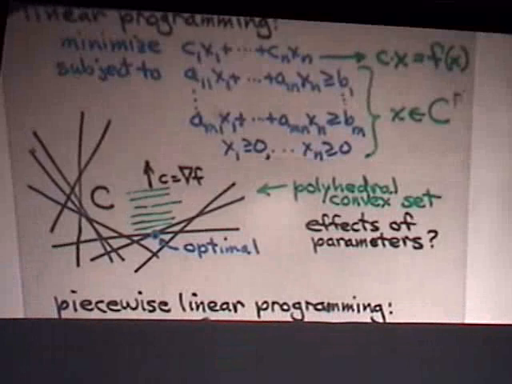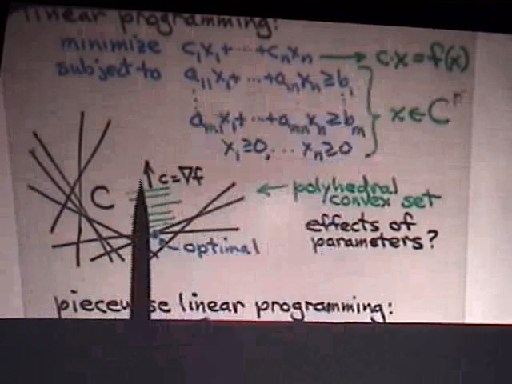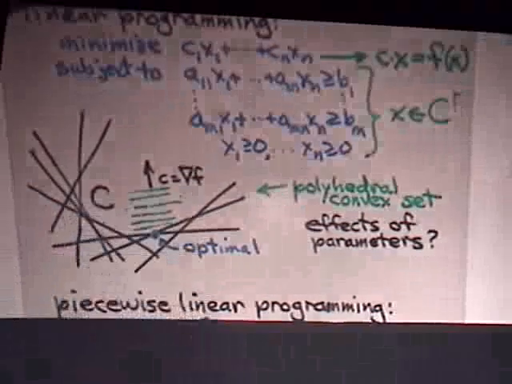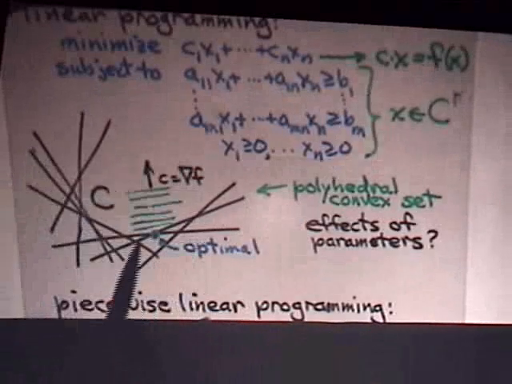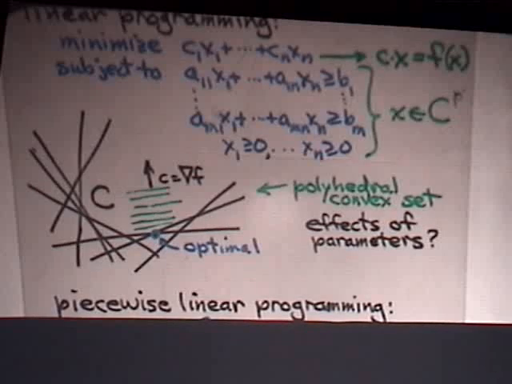Now, you can already see some of the differences in analysis that are going to take place. If you're minimizing a linear function, it has a constant gradient, which I've written here as c. And then the level surfaces, the constant values for this function you're minimizing, form a family of hyperplanes. When you wish to minimize, you're trying to find the lowest hyperplane among all of those that still touches the set. And in my picture, it touches the set at a unique point. There is a unique optimal point, and it's a corner of this set.